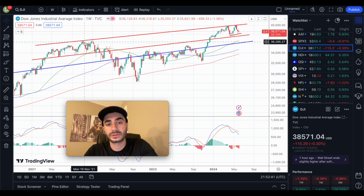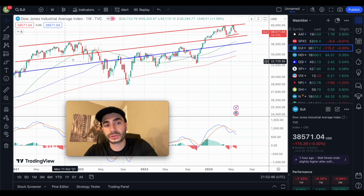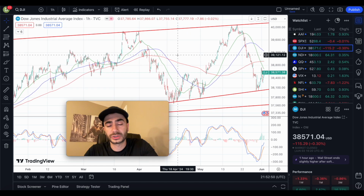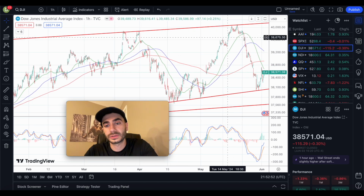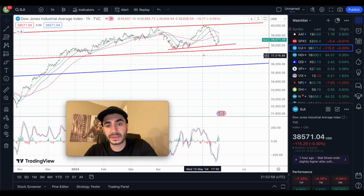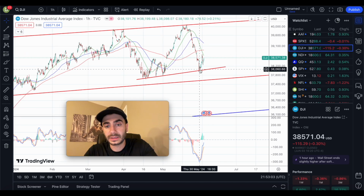So this is dating back since 2021, and this upward trend resistance line. And then when I zoom in here, upward trend support level 2 as well. And when I zoom in here, you'll see that these two have more than just one touch point. 1, 2, 3, 4 touch points. And we saw resistance obviously dating back since 2021. But then we have an upward trend support level. Didn't necessarily hit this upward trend support level dating back since 2021,